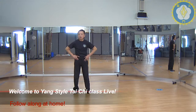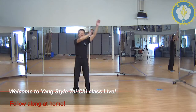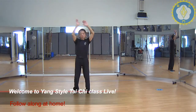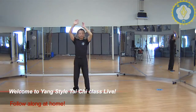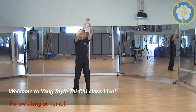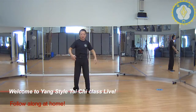Okay, shoulder rolls, 2, 3, 4, 5, 6, reverse, 1, 2, 3, 4, 5, 6. Okay, let's do a few bigger circles. 1, 2, 3. 1, 2, 3. 1, 2, and stop. Okay, so we do a lot of twisting, a lot of turning to keep the back